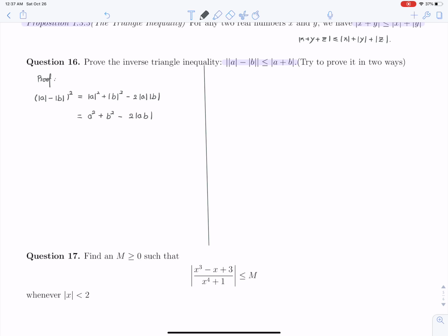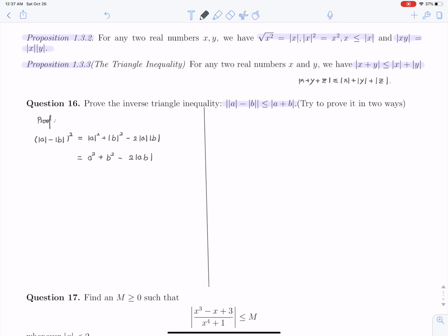Okay, I hope you agree with me. This is based on basic fact here, and here. I'm only using those, okay? Now,